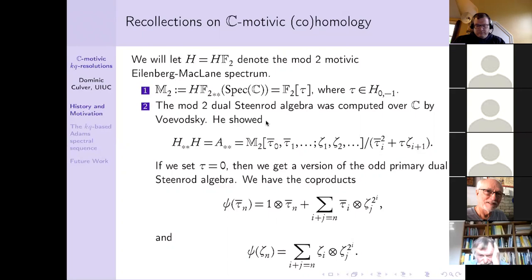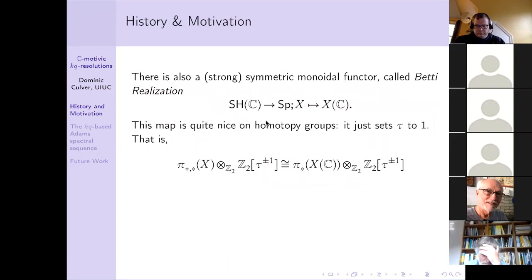And you have similar products. So if you're familiar with the classical dual Steenrod algebra, these coproducts should look familiar because they're exactly the same as in the classical setting, but at odd primes. Okay. So there's also another key feature, at least of the complex motivic stable homotopy category,